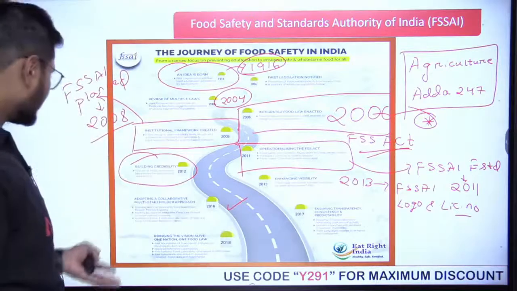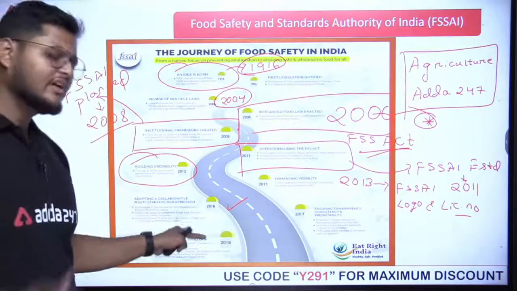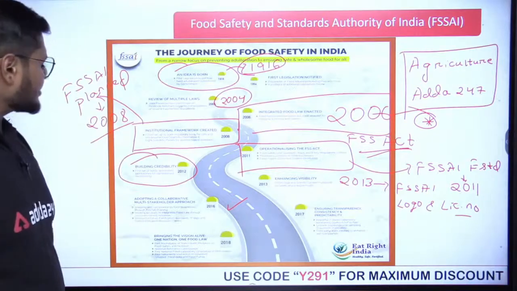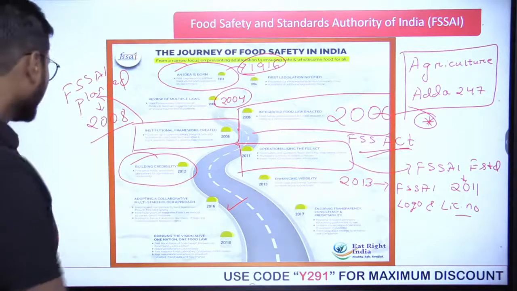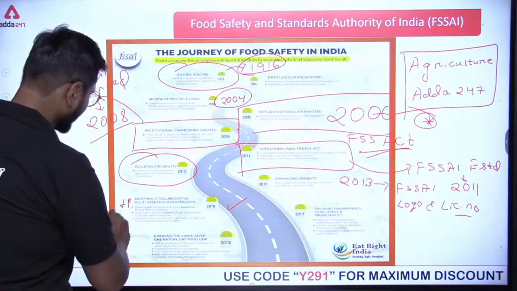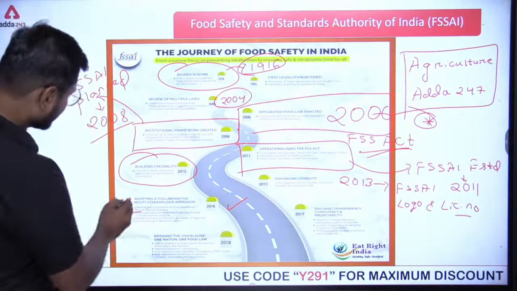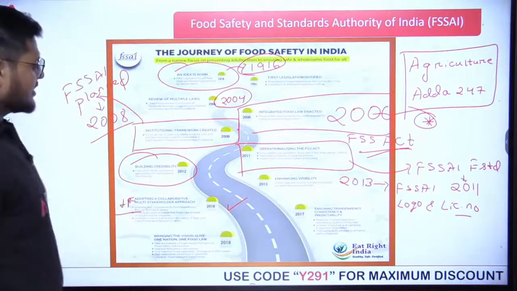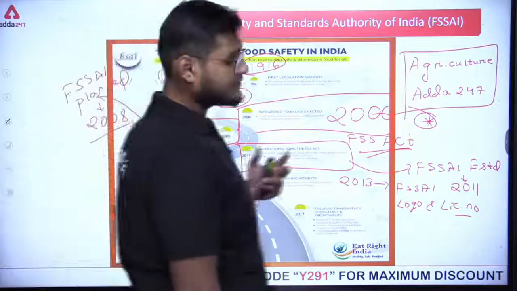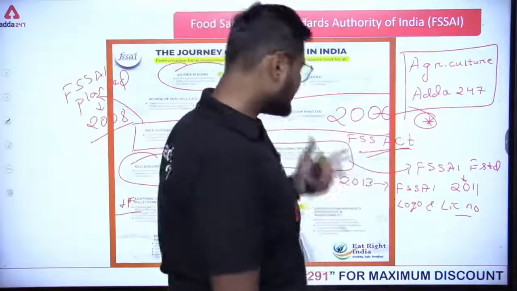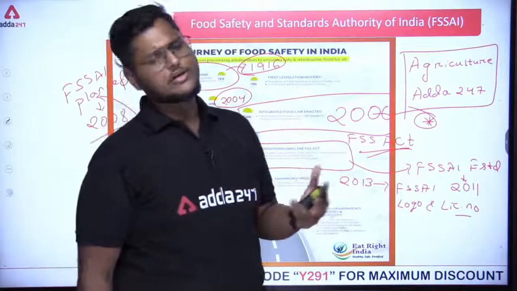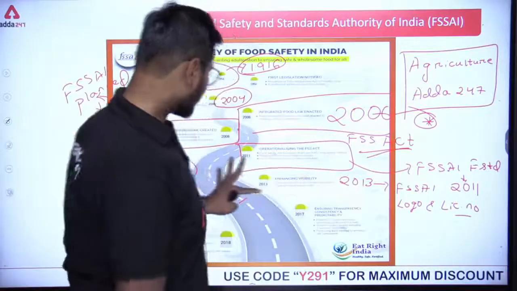Next, in 2016 there were a number of things, like the FOSTAC training. We will discuss FOSTAC. Then we have 10 years of integrated food law, and the food fortification standards plus F logo was also introduced. Next, in 2017 the InfoNet and the like. In the course of time we will understand these things. We will have our sessions, our classes where we are going to discuss this.